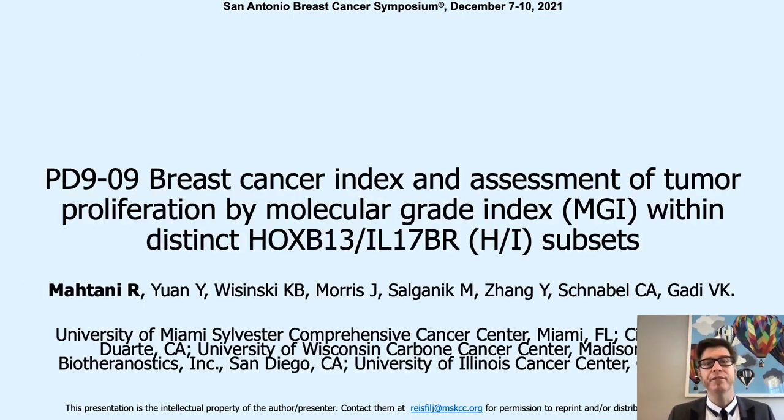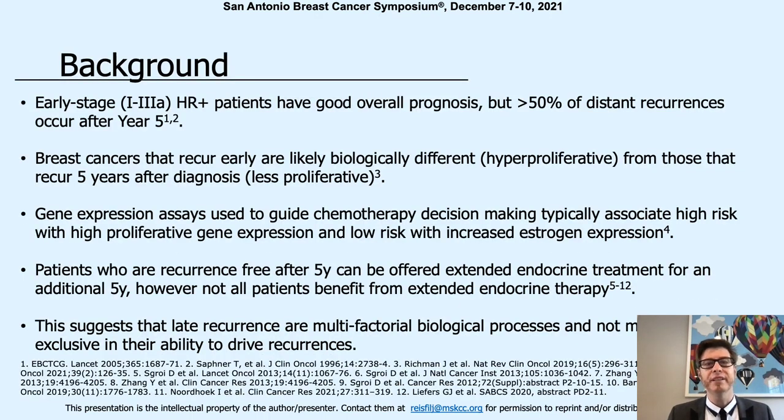And in this poster, actually, the investigators looked into the different components of the breast cancer index, the molecular grade index, and the HOXB13-IL-17BR or HI ratio to investigate the biology behind late relapses. And here the principles are the following, that early stage breast cancer patients have a good overall outcome. However, a significant subset of these patients will relapse, that breast cancers that recur early seem to be more active in terms of proliferation, whereas those that recur late may have a different biology and different characteristics,